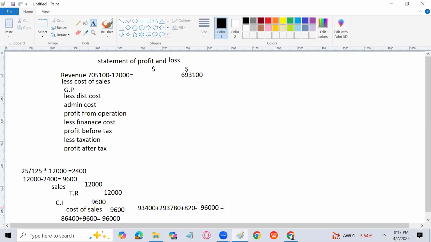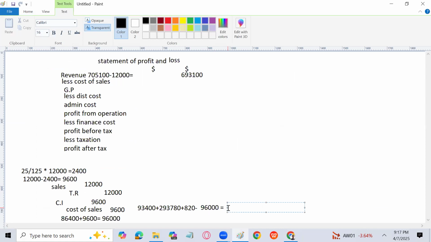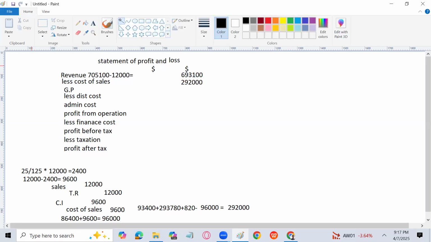This is not in the book because this is the current paper of October, November. So 93,400 plus 293,780 plus 820 or minus 96,000. So that is 292,000 is the amount of cost of sales. So I will write here 292,000, and then you need to subtract